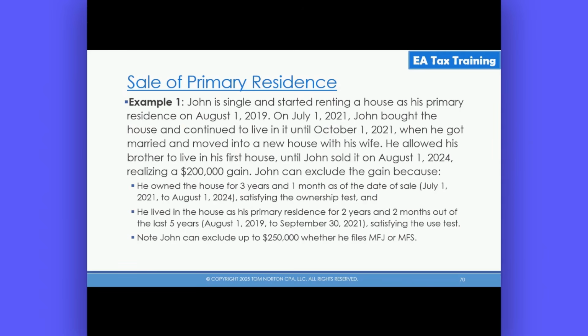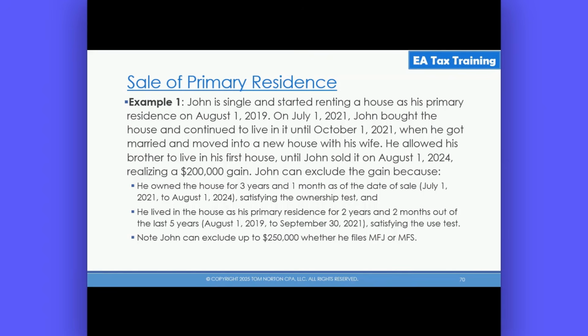John is single and started renting a house as his primary residence on August 1st of 2019. So he didn't own it, he was renting. On July 1st of 2021, he bought that house and continued to live in it until October 1st of 2021 when he got married and moved into a new house with his wife. He allowed his brother to live in the first house until John sold it on August 1st of 2024, realizing